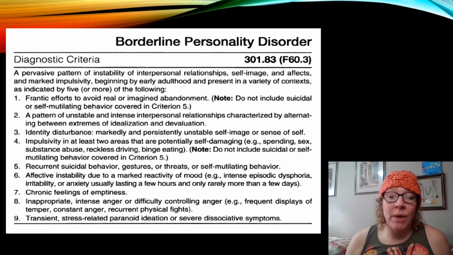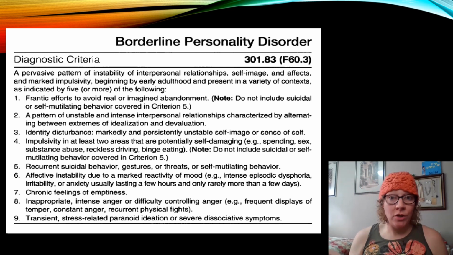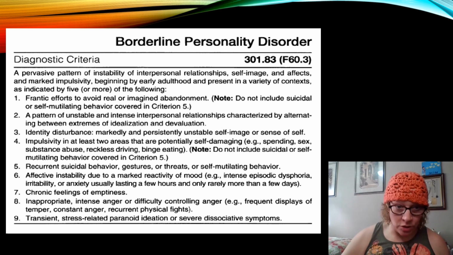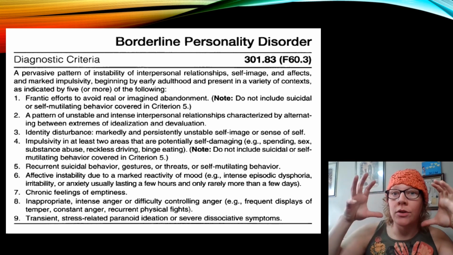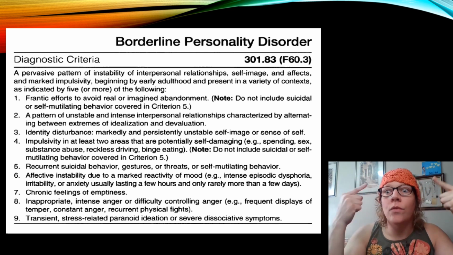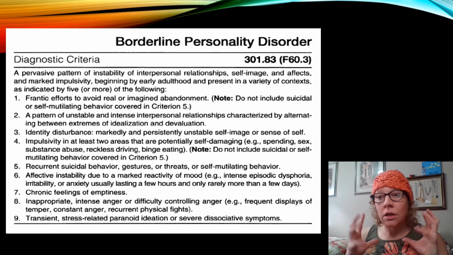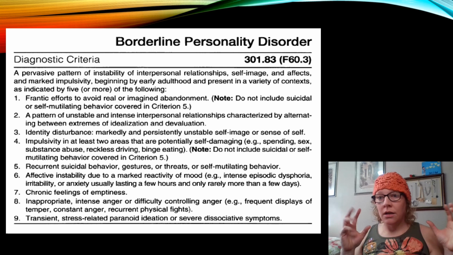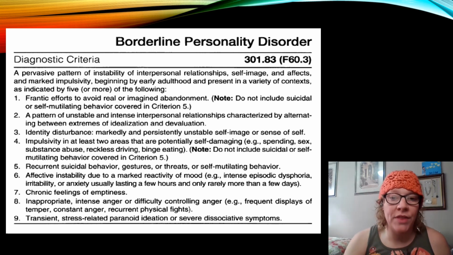Number 9, transient stress-related paranoid ideation or severe dissociative symptoms. That's a big sentence. So paranoia. You get stressed because you're paranoid. Sometimes you get looped into your own paranoia. That's that paranoid ideation where you're going over and over those thoughts over and over again. Severe dissociative symptoms. Dissociation is sort of like an out-of-body experience where you sort of feel like you're there, but you're not there, in a fog. People have a lot of different ways of describing dissociation. We'll talk about that more later too. So that's borderline personality disorder according